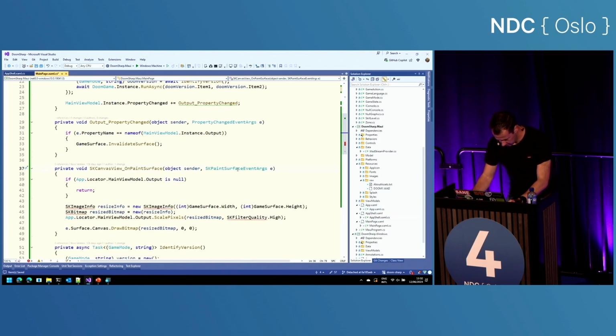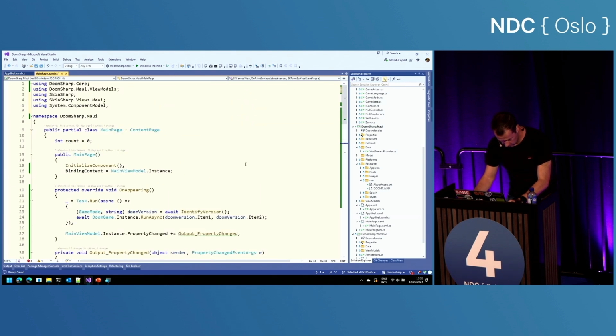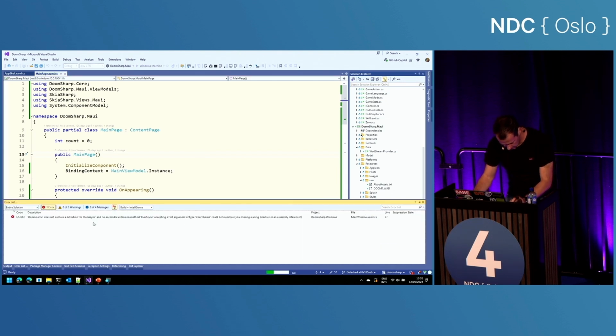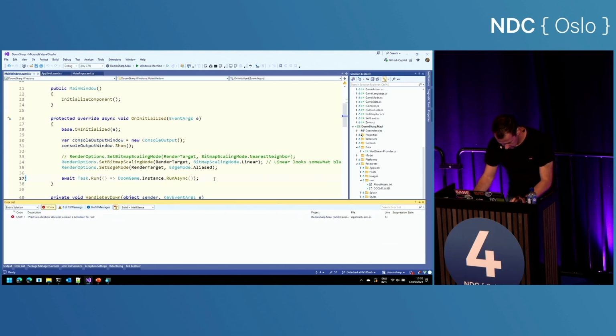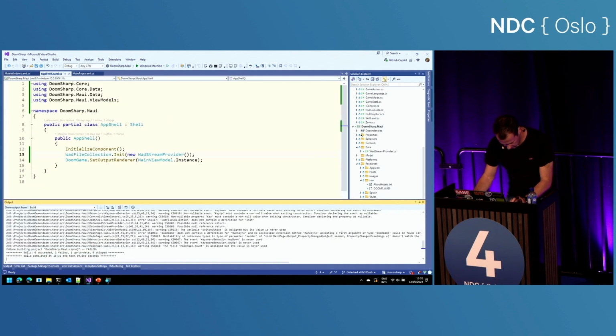Just adding some missing usings. There we go. Of course it does. This does as well.